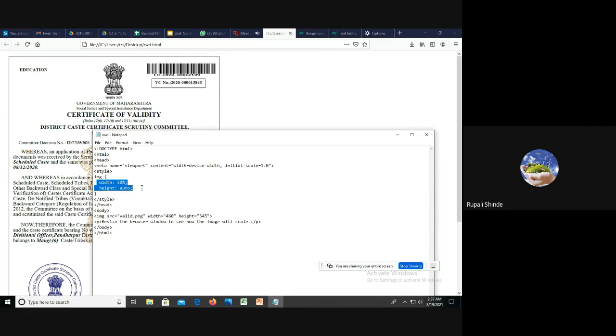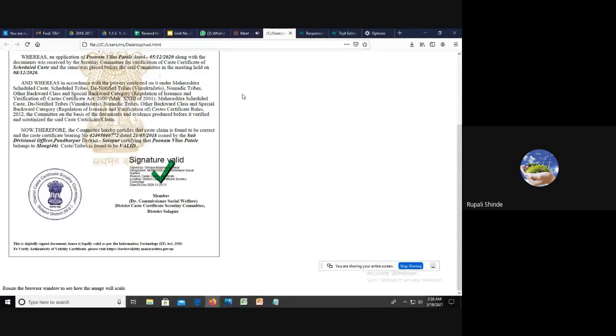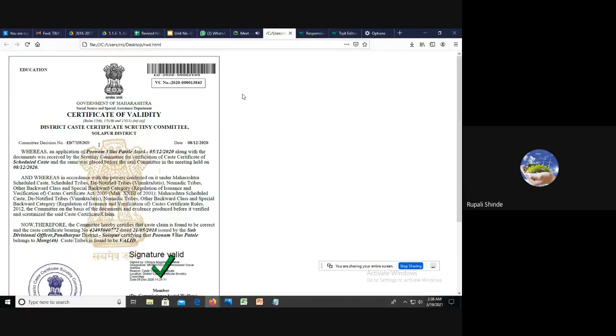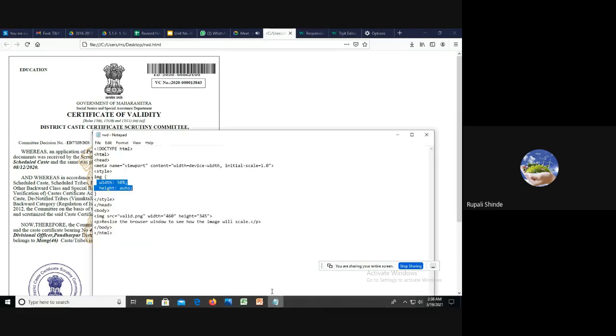Regarding width and height, it is auto. That means it will stretch that image up and down, and accordingly it will fit the image to the complete browser. Are you getting it? It occupies the complete browser. If we specify the height property as auto, are you getting it? How to manage the image? There are various methods to manage the image, where we specify the width and height. It should be auto. Accordingly, it is going to manage the images.